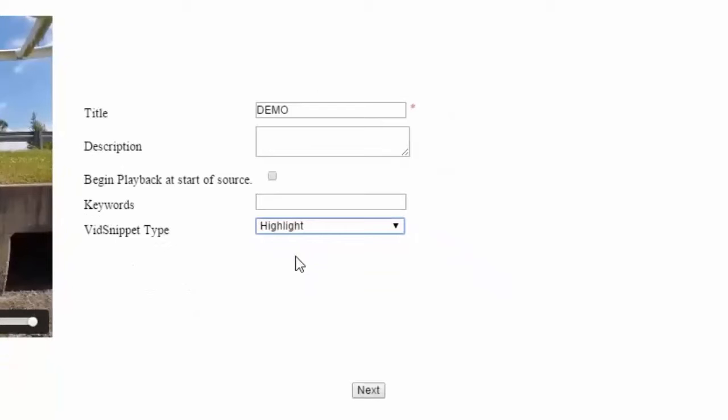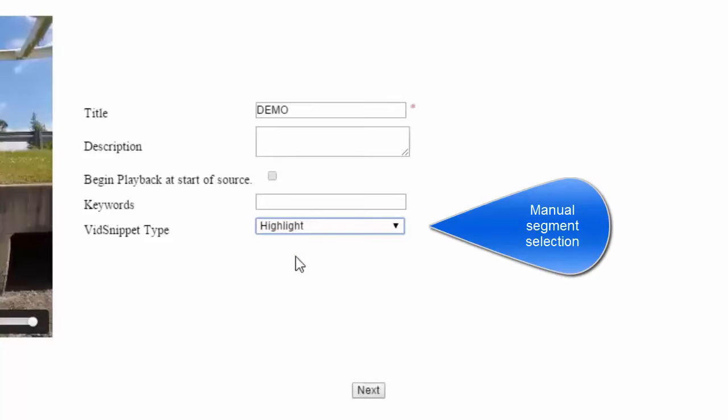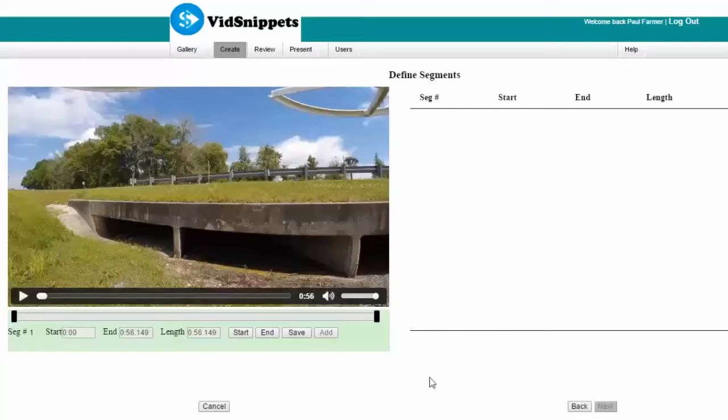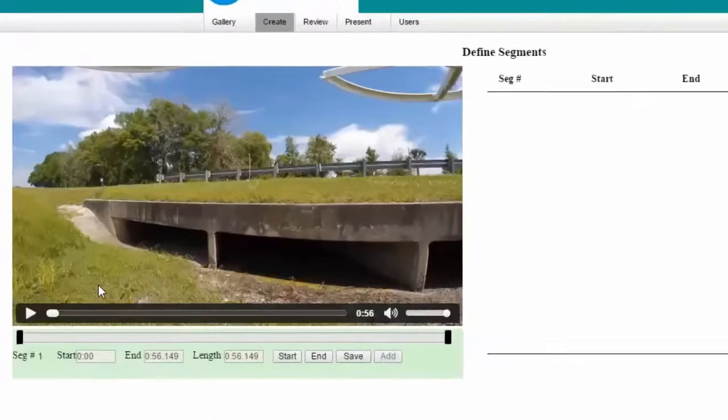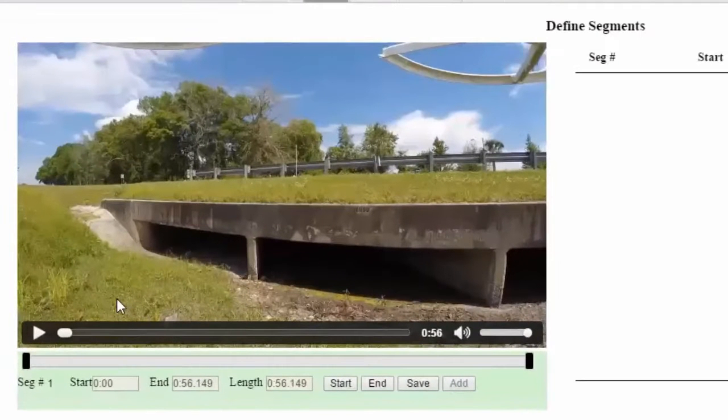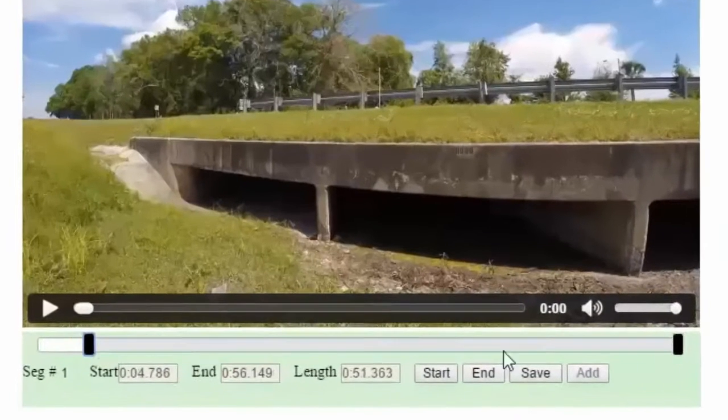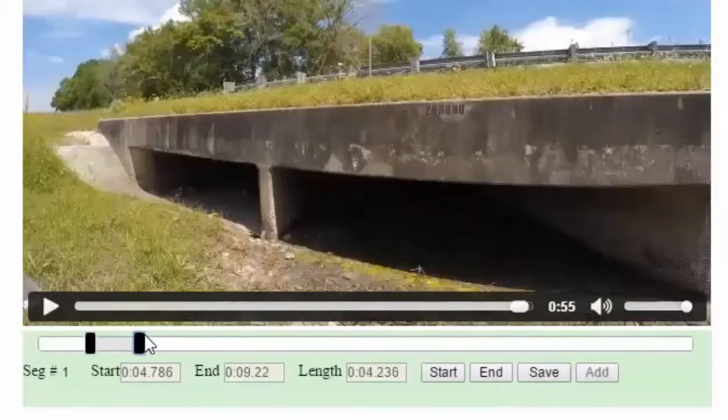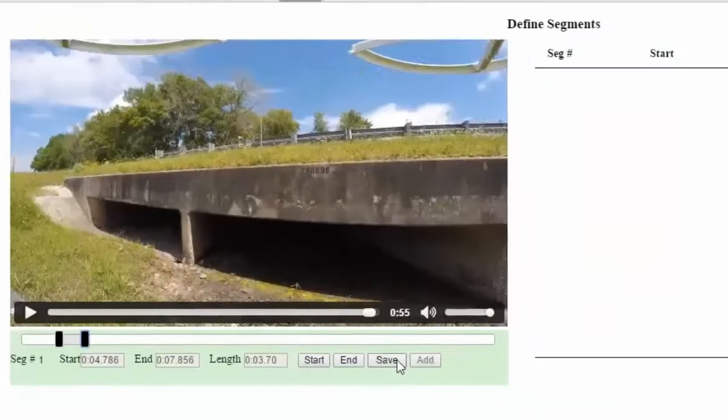Now I'm going to step back for a second and just show you the highlight type. This allows you as a creator to go in and manually select the segments. So you're making subjective decisions in terms of which segments you feel are going to be most important and relevant to your intended target audience. Now there's two ways you can designate the start and end points of your segments. You can click on the play button and then simply as the video is playing, hit start and end and save. Or you can also drag the start and end marker buttons to your point and hit the save button,